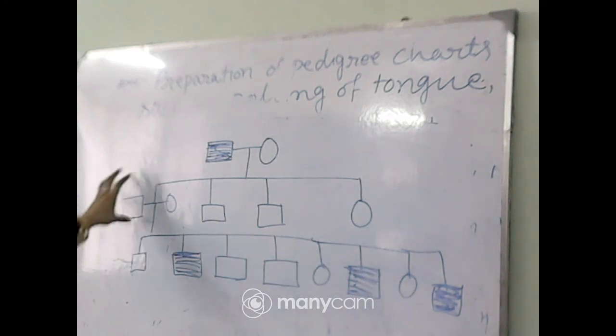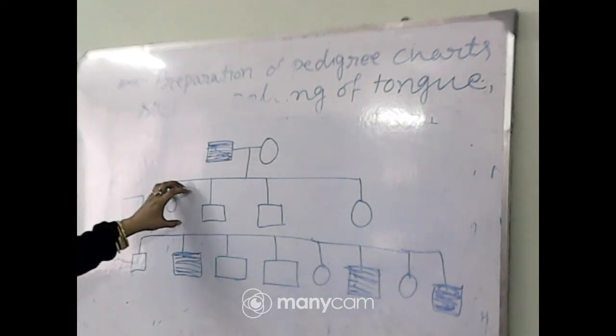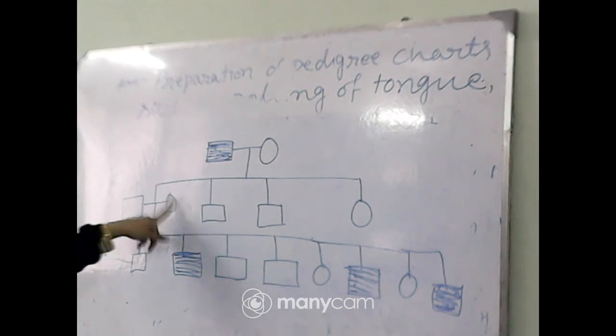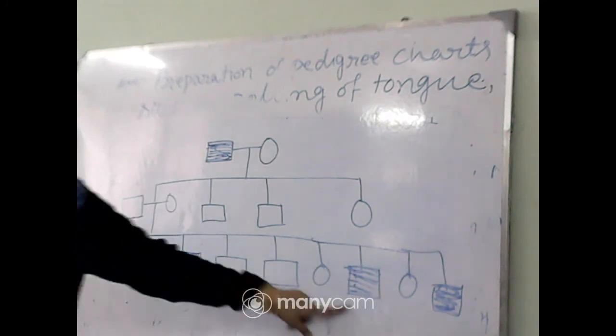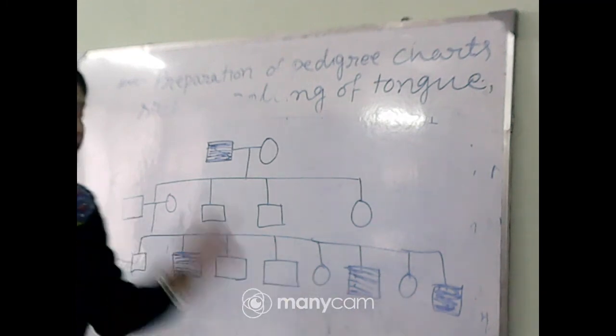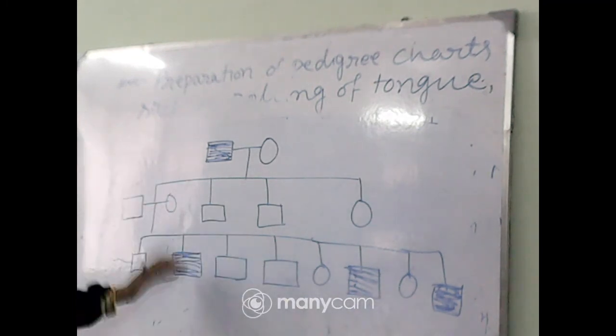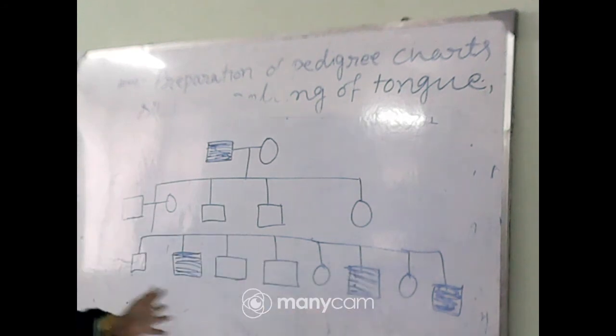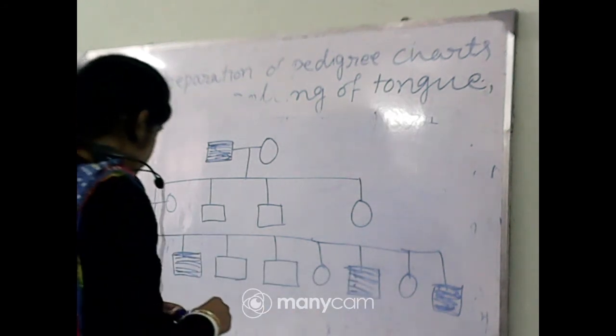So when the sons are unaffected, there must be mothers who are affected, and when mothers are affected, in the next generation all sons are affected. You can see that no female is affected, okay, and half of the affected mothers have half of the affected sons, okay. Clear everyone? So this is up to for today.